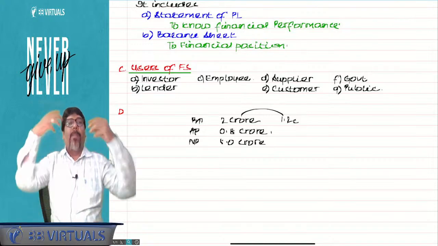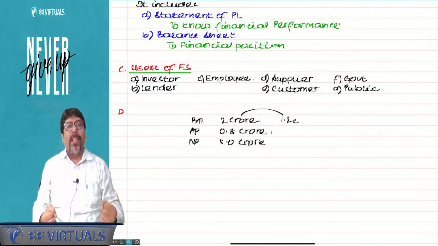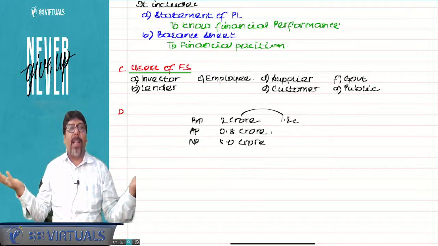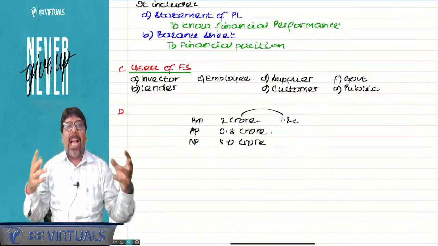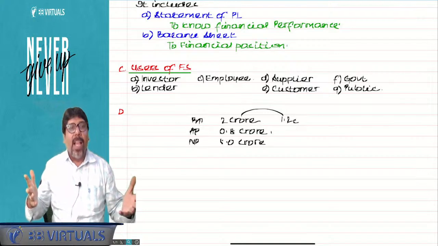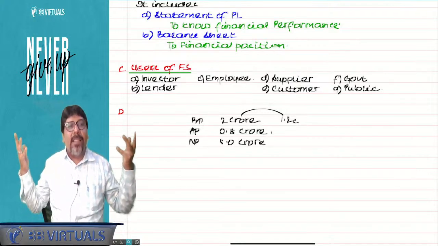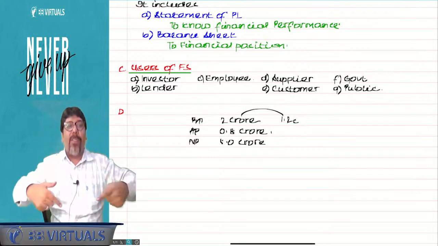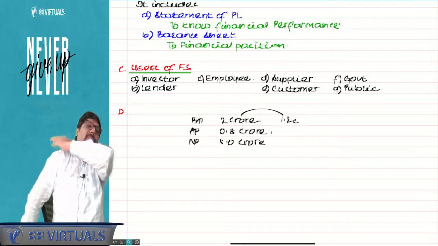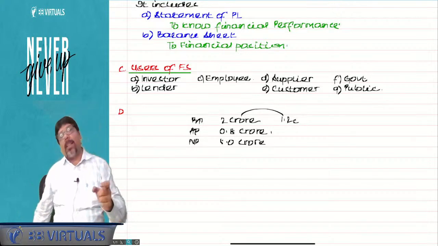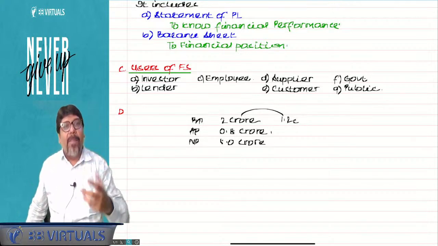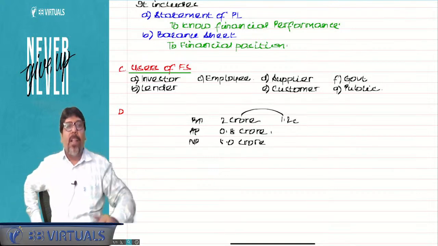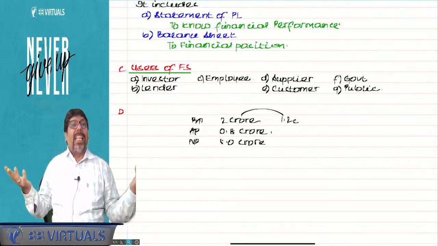Then I imported goods from abroad. I generated foreign currency. How to account for foreign currency? Oh my God, there is no accounting treatment written anywhere. I have sold goods in foreign currency. How do I account for a foreign currency transaction? Oh my God, I don't know. Looking at the generation of foreign currency, the government became very happy. Told Dipesh, brilliant, thank you. And then the government gave me a donation. Oh my God. How to account for that donation?